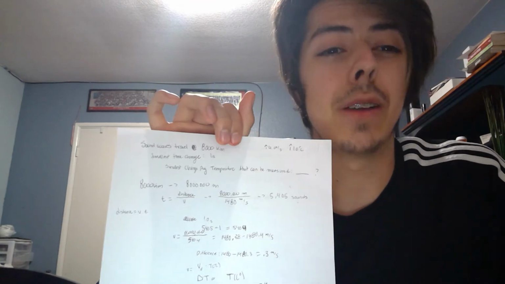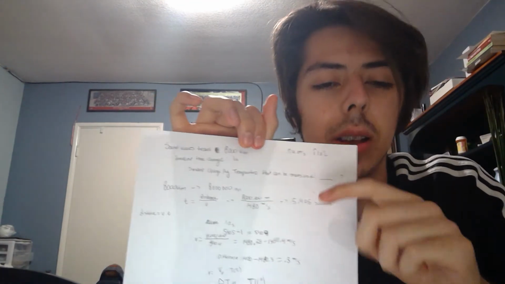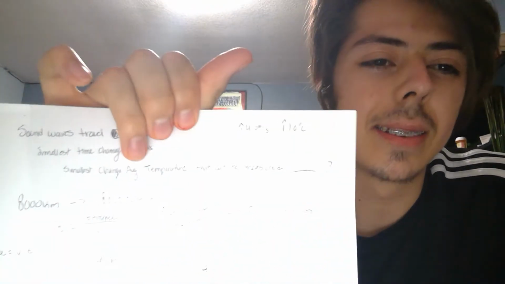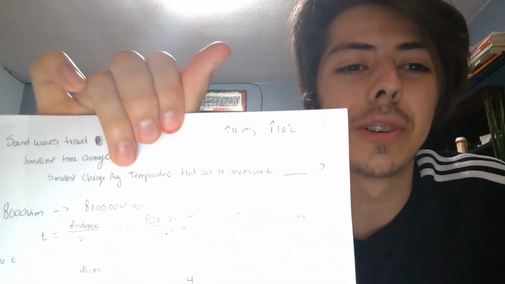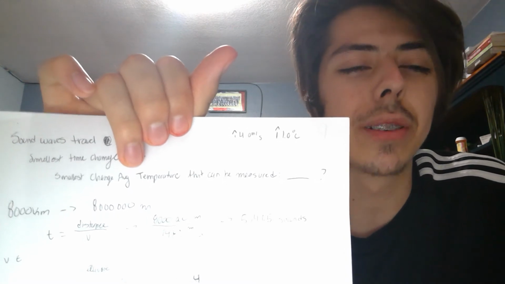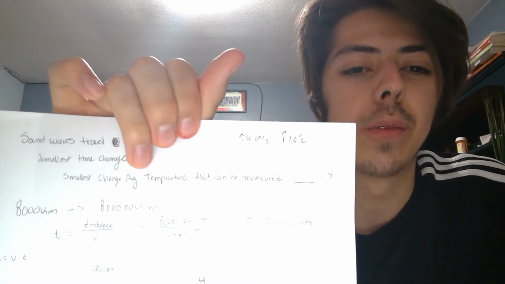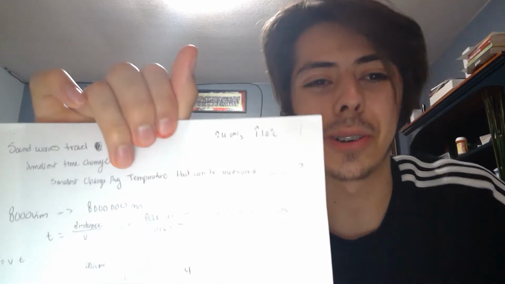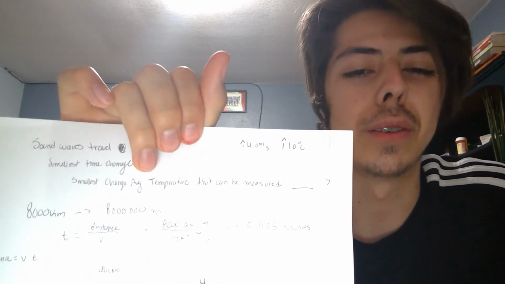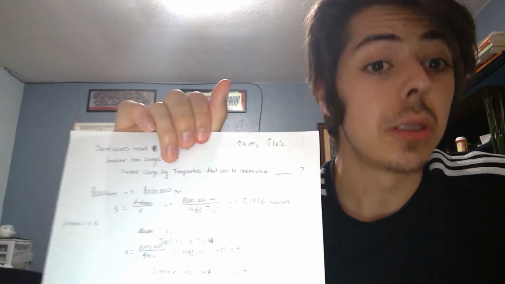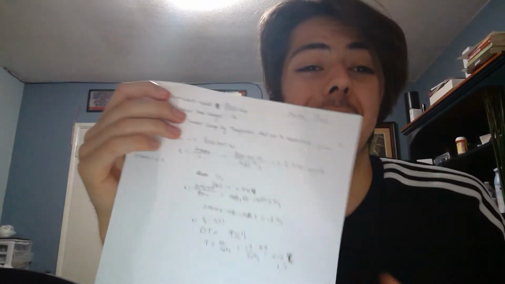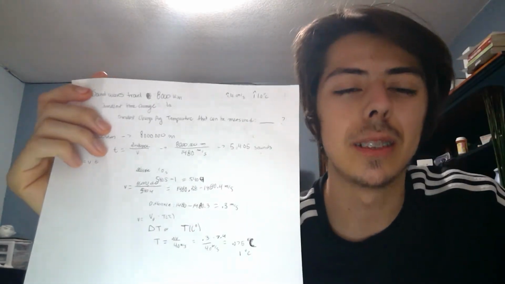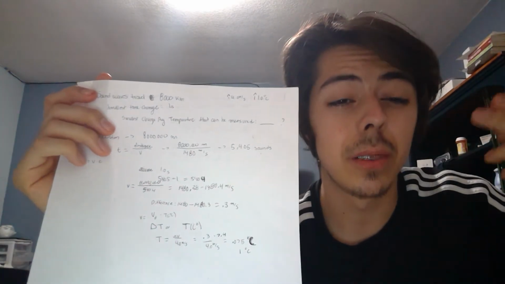Now that you have that, you have to remember the big part of the problem here: for every 1 degree Celsius that the temperature goes up, you're going to get a 4 meter a second change in velocity, a higher velocity of 4 meters per second. Utilizing that, you want to find the temperature, and the difference in velocity is